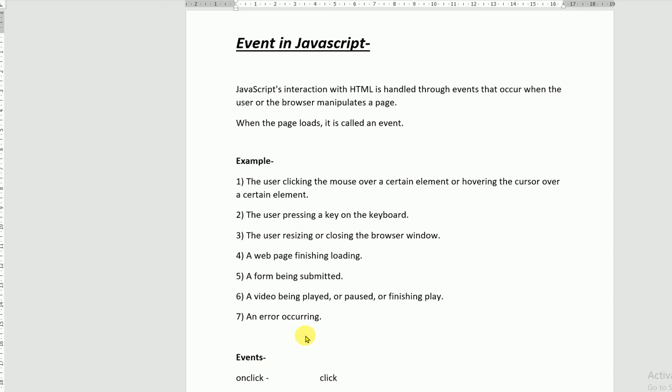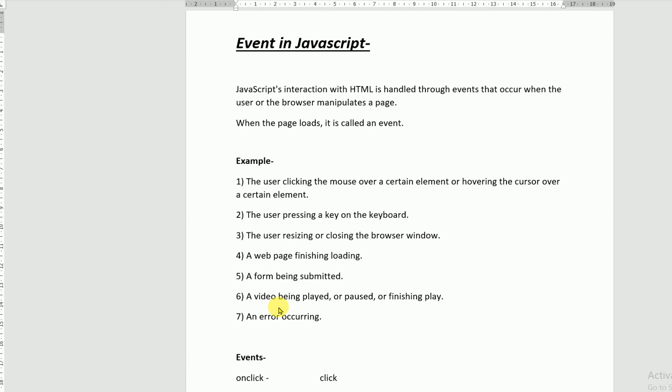After we fill in all the areas, we submit the form. After submitting, the validation checks whether the name is correct or not, first name, last name. Like the first name should contain a string, but by mistake the user inputs a number with the string, so it is wrong because numbers are not used in names. So it is validated by JavaScript events.